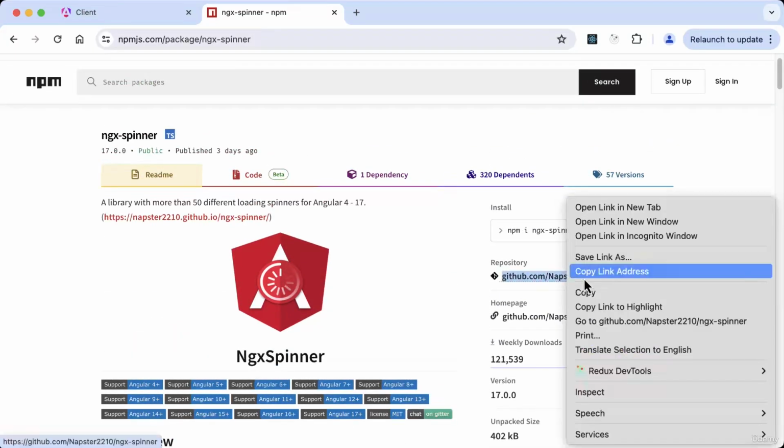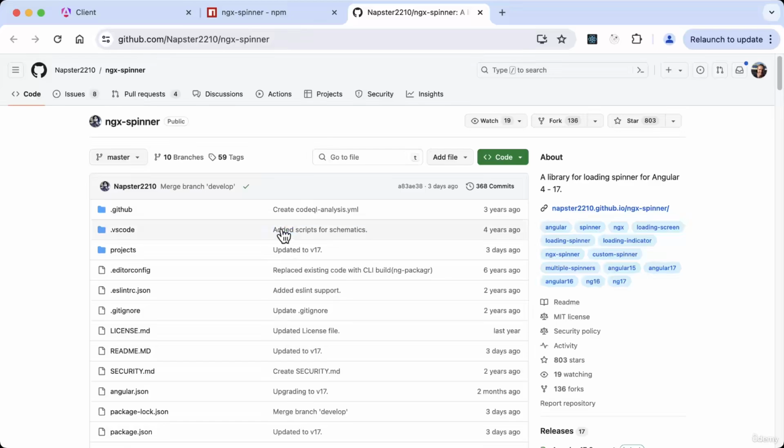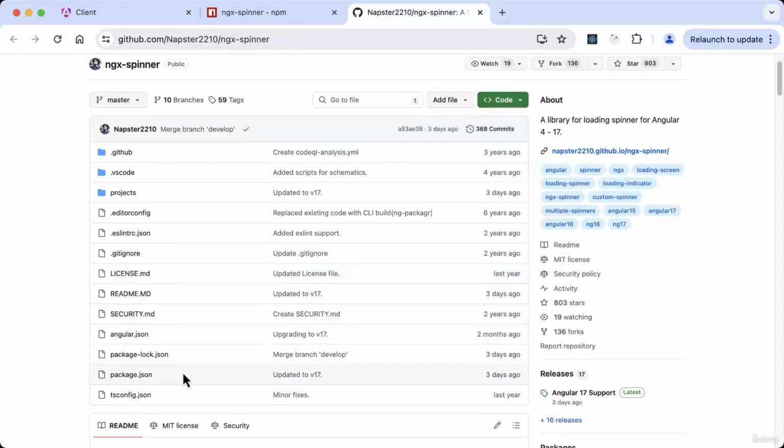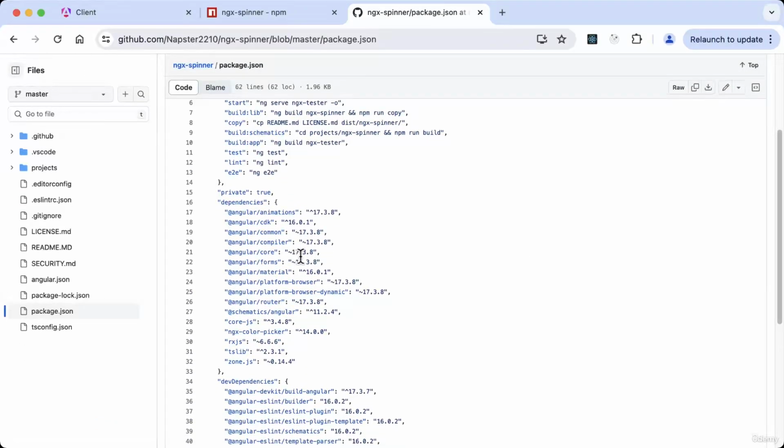And if we go and take a look at the GitHub repository, and do make a habit of doing this, please, when you're using Angular, because you will find it helpful to see if what you're about to use is going to be compatible with the version of Angular that you are using. So if we take a look at the package.json and take a look at its dependencies, then perhaps there is cause for some small concern here, because if we look at Angular animations, then this has the caret, which means it is going to be compatible with Angular 17.3, 17.4,